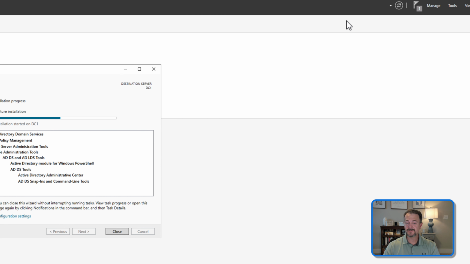Since this is the first domain controller in our environment, we're going to set up a new forest, and we're just going to call this one homelab.local. Click Next,